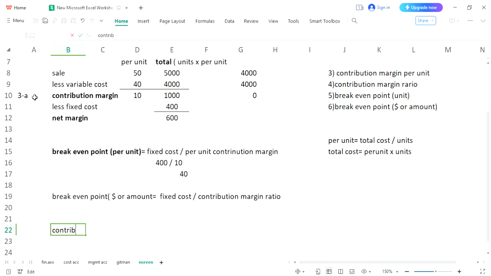Contribution margin ratio will be calculated by dividing again contribution